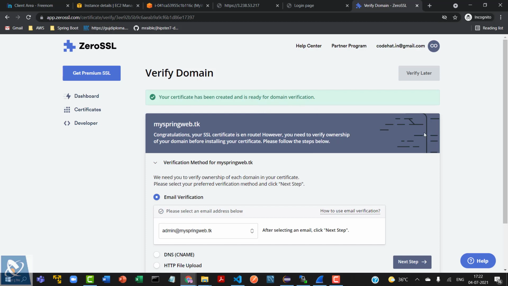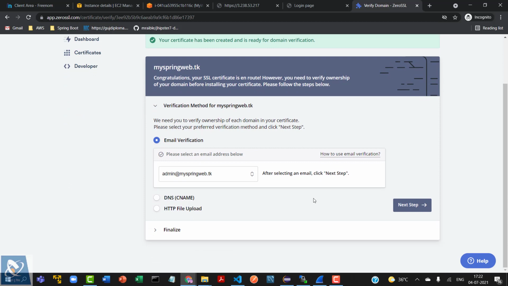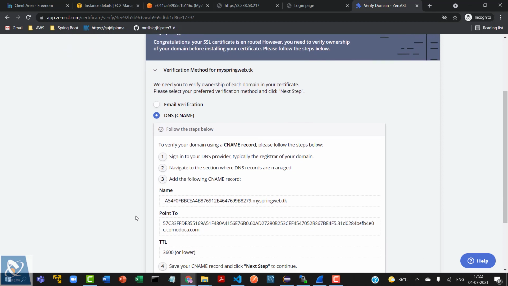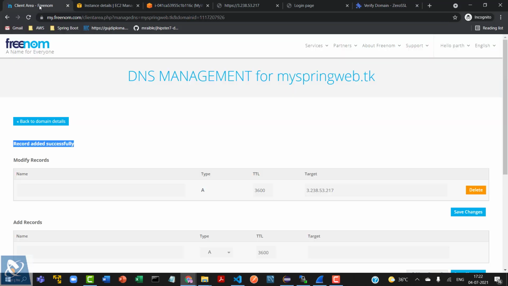Okay, so let's scroll down, and here it provides the 3 different types of validation, that is email verification, DNS update, and the HTTP file update. So I'll be going for the DNS update, and this particular DNS entry that I'm supposed to put in my domain name, which is registered with the free name. Okay, so let's go to the free name, which is already there in the browser, and here I require to add the record,